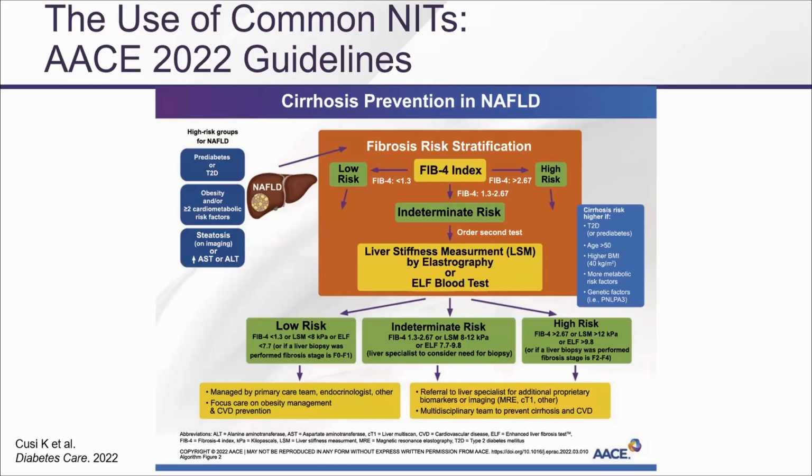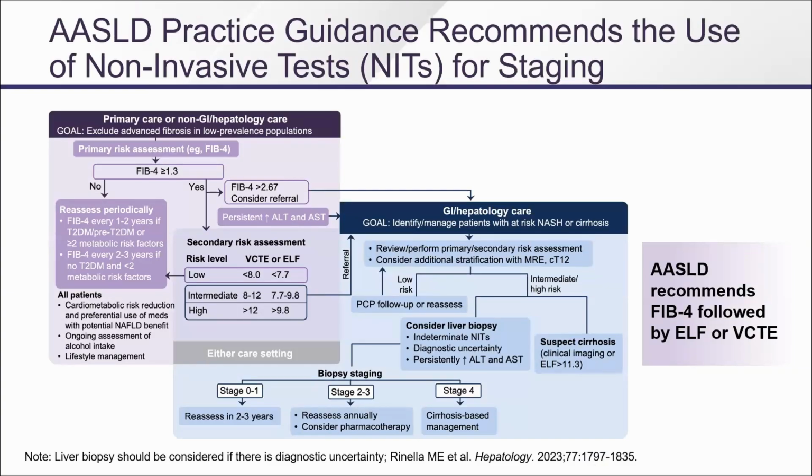Above, then you should be thinking about therapy. And this is the AASLD recommendation because, of course, liver people have to make it even more complex, but it says the same thing. 1.3. Some say for type 2 diabetes or diabetes who have complications of diabetes, you should probably ratchet it down a little bit. I think if there's one group of people who should get a secondary ELF pretty much across the board, it's any type 2 diabetic who's not well controlled. And then use those same thing, your first test and your second test to know who needs GI hepatology care.